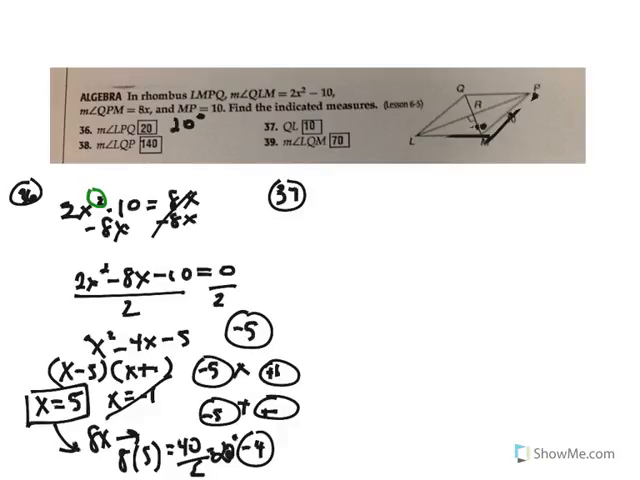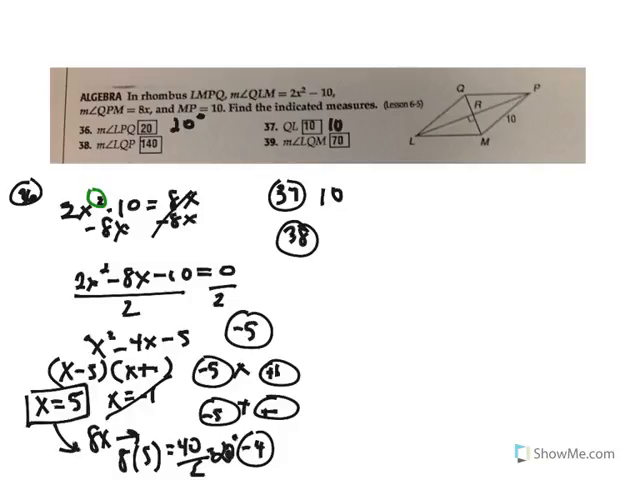QL, let me erase some of this figure. It's getting really messy. QL is this side here. We know that all sides on a rhombus are congruent. So if this one is 10, this one has also got to be 10. Easy. Now 38, it says angle